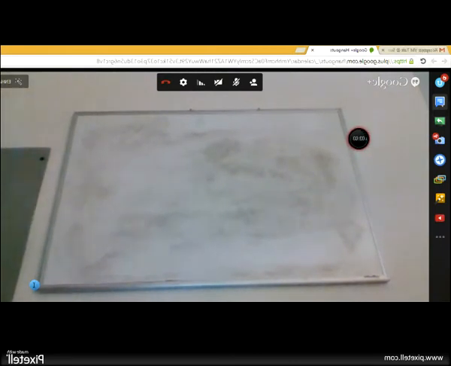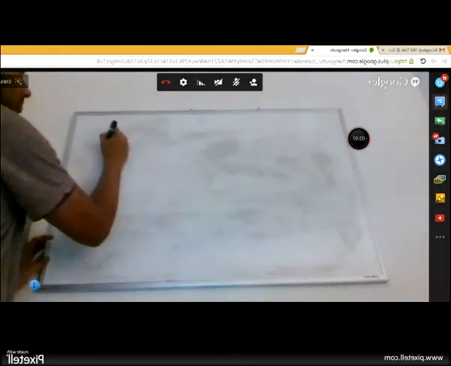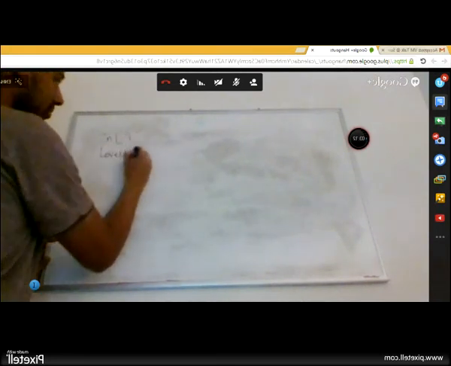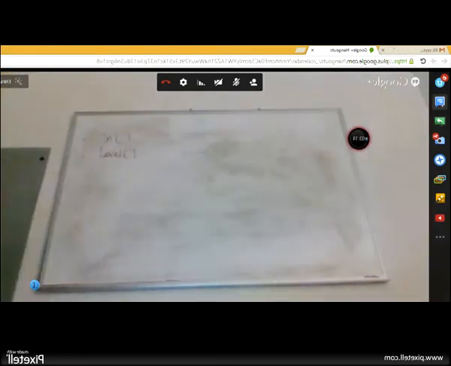Okay, our next problem is that you're given an in-order traversal, and then you're given a level order traversal. You need to uniquely construct a binary tree from these traversals.